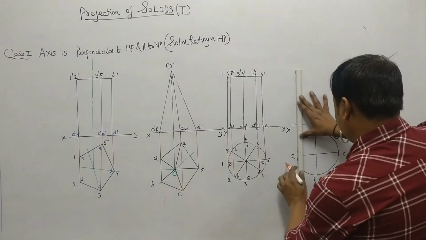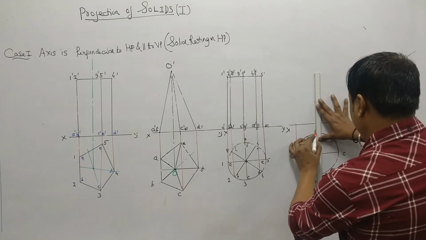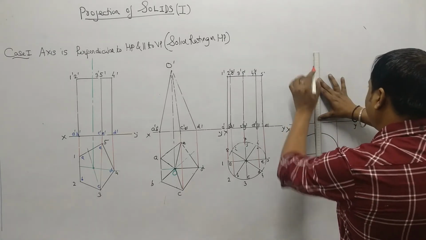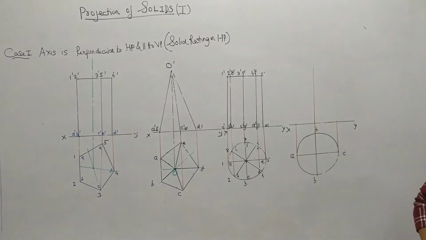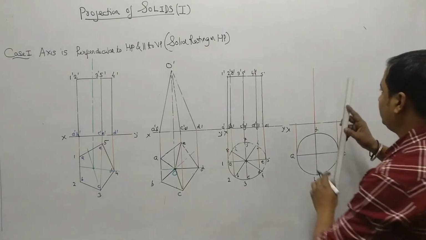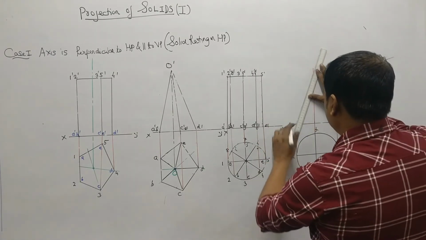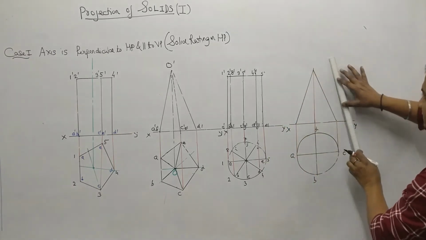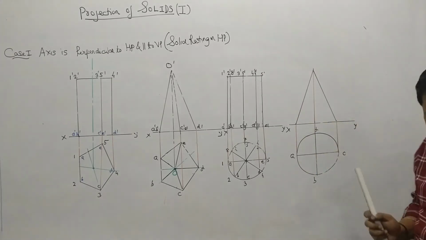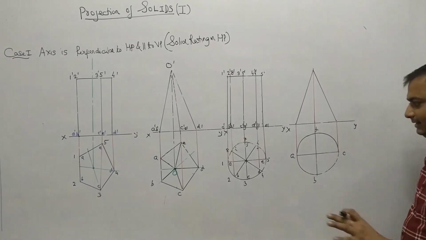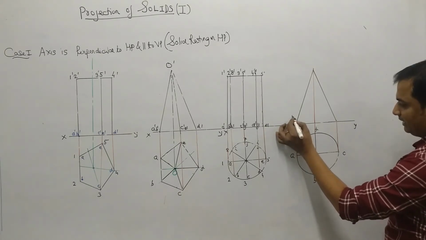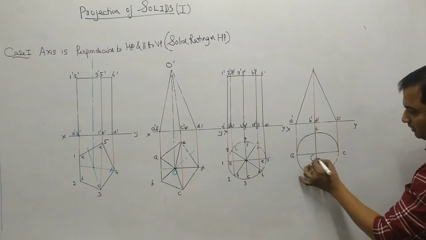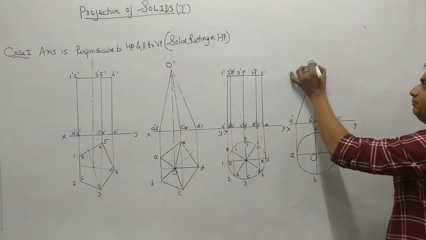So take the projectors on the top, plot the axis. Suppose the axis is given to you as h mm. So take that height above XY, and then just join the sides. So this is the front view. The front view will be a triangle, the top view will be a circle. Then give the names accordingly. So this A will come here, this will become A dash. B and D will be B dash, D dash, and this will be C dash. Suppose this is the centroid from the top, that is O. So the front view will be O dash.